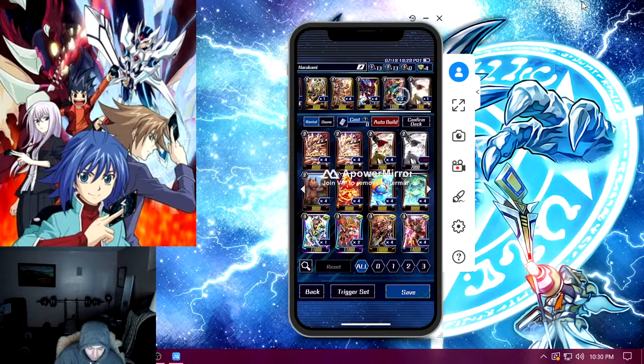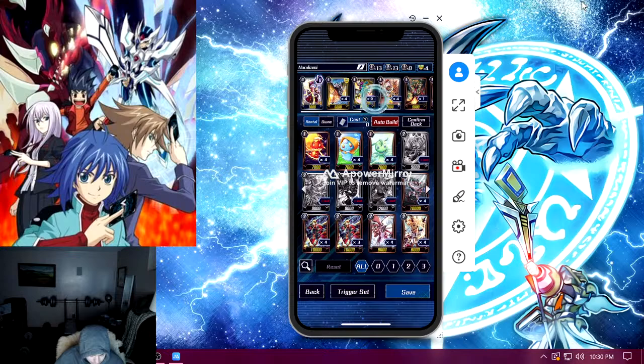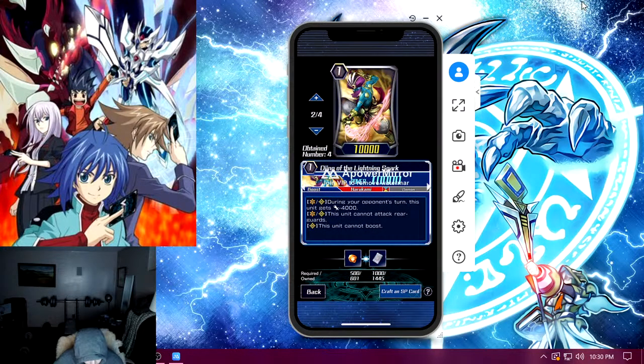And then you could run 7. You could run this dude. You could run another 10K. This is true. If you seal the 10K, he becomes a 10K. But if you ride this, and your opponent has a rear guard intercept, well, like,